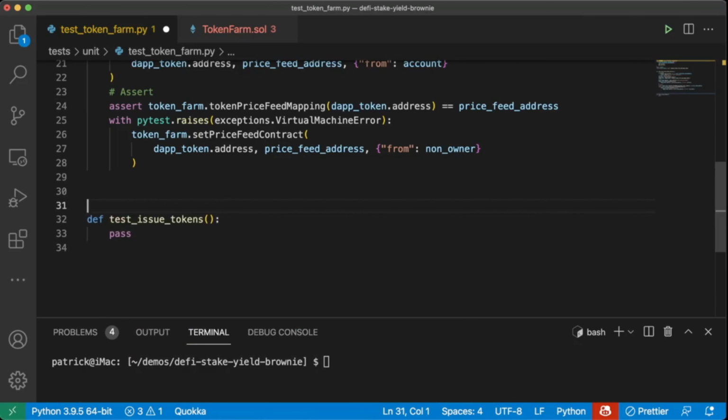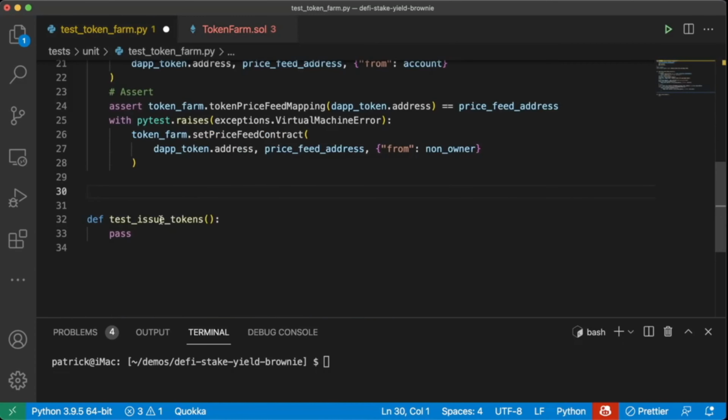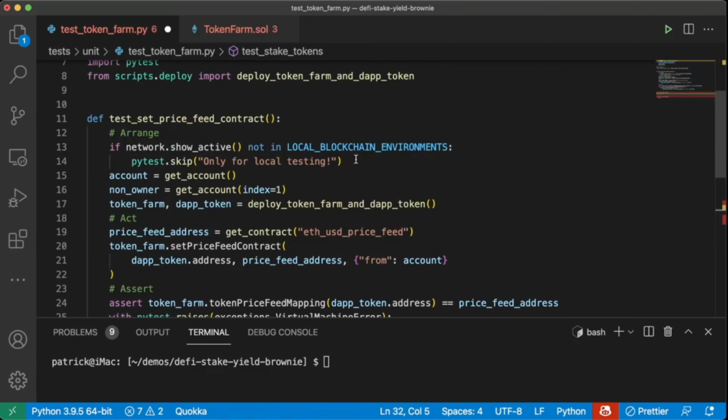And before we test issuing the tokens, we need to write a test for staking those tokens, right? Because in order to issue tokens, you need to have some tokens staked. So let's write a test_stake_tokens first, and then we'll write this test_issue_tokens. So we'll do def test_stake_tokens. Now let's set this up. So we're going to copy this bit here,